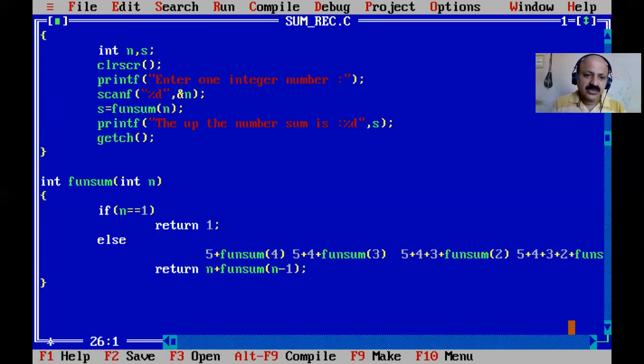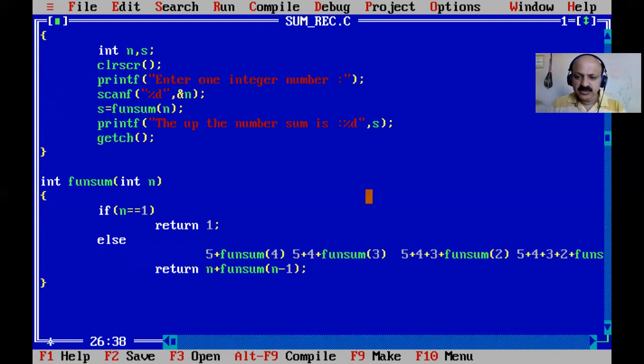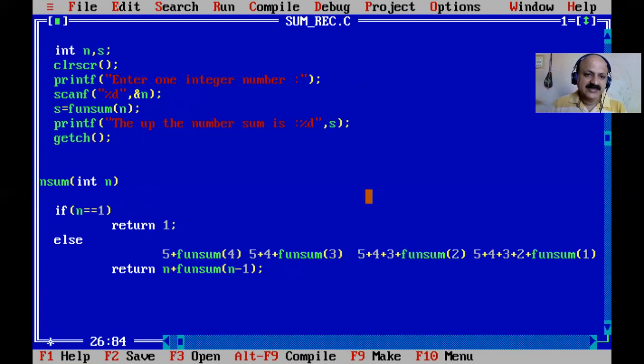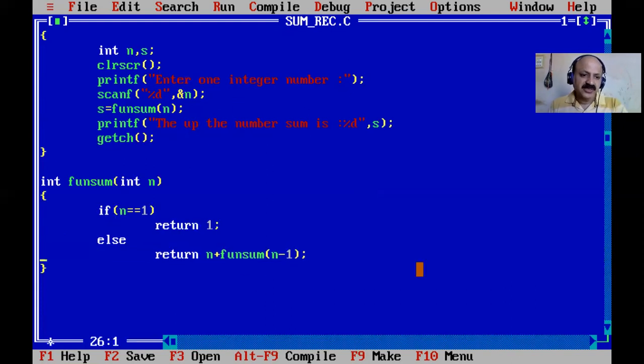So 1 is there, so it returns 1. All are first sum, then the return value is assigned to s, and that sum is printed. This is just for your reference of what is happening in internal memory. First all our stack maintains these statements, this type of repetition of the function, and then they come out. So all are summed, 5 plus 4 plus 3 plus 2 plus 1, then assigned to s and returned back to main because the return type is integer. So that is the recursion technique, like a loop repeating; here the function calls itself and repeats.